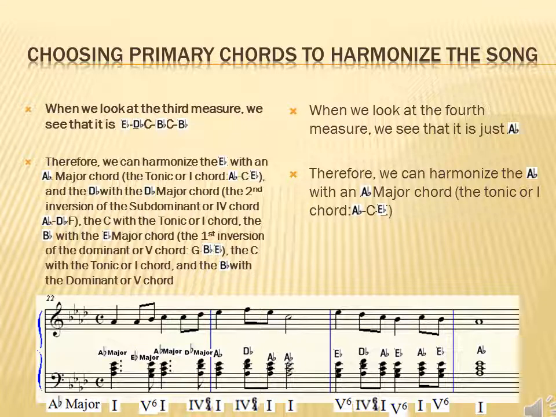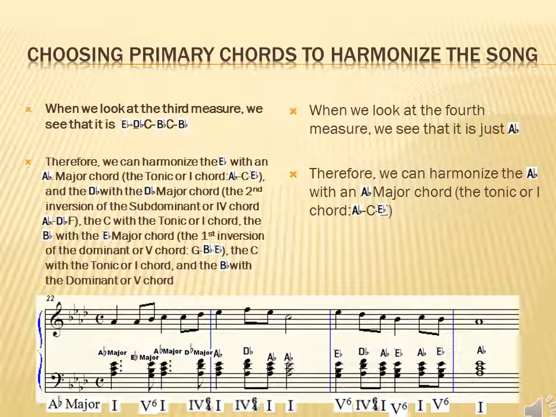When we look at the third measure, we see that it is E flat, D flat, C, B flat, C, B flat. Therefore, we can harmonize the E flat with an A flat major chord, the tonic or 1 chord, A flat, C, E flat, and the D flat with the D flat major chord, the second inversion of the subdominant or